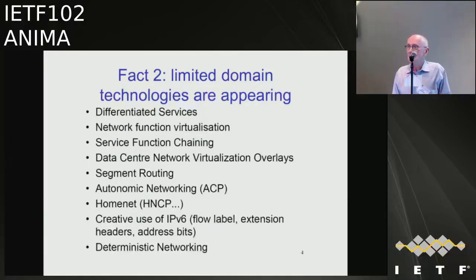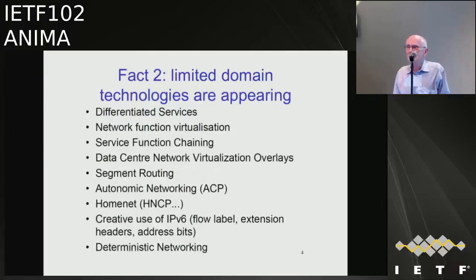Home nets are limited domains, so there's an HNCP protocol which is specific to limited domains. There's various creative uses of IPv6 being mentioned by people: using the flow label for local significance, using extension headers that are only valid locally, even using address bits for special purposes inside a domain. And if you read the basic documents of the DetNet working group, you will discover that deterministic networking is specifically designed for limited domains. So people are producing limited domain technologies,